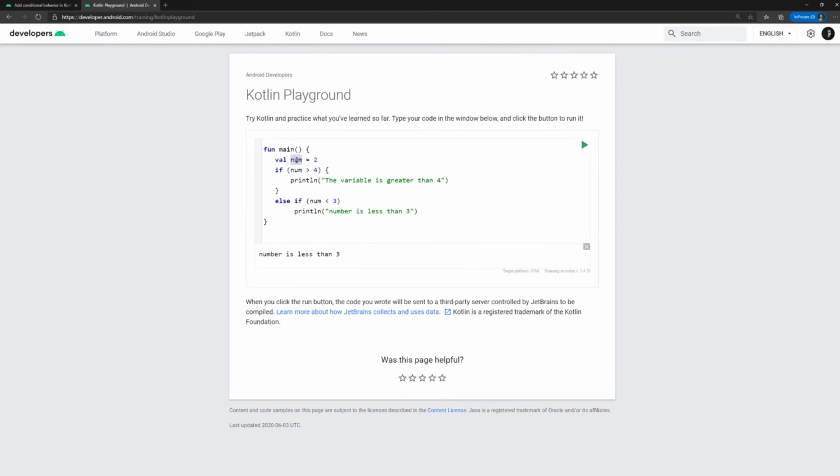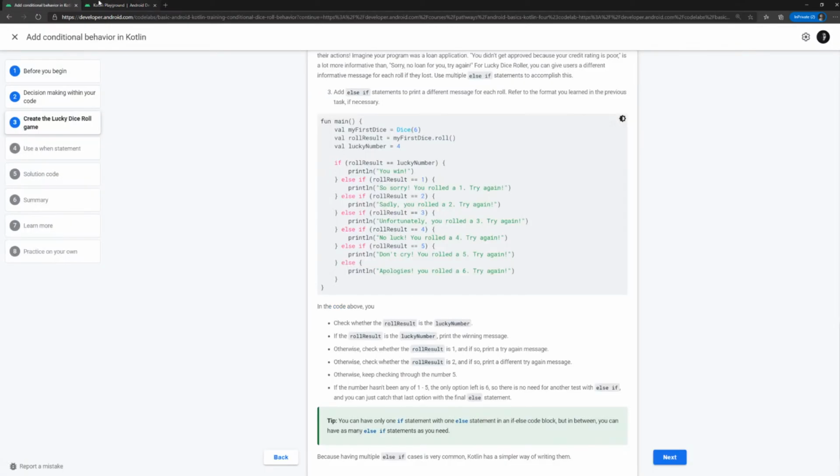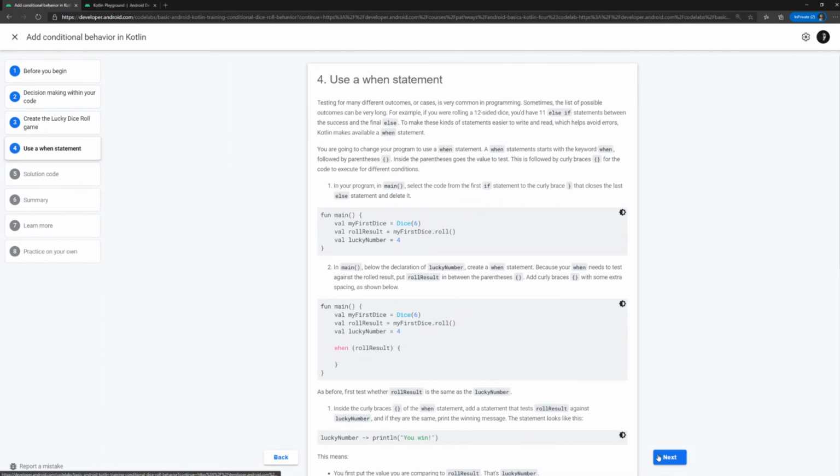So what I'm going to do is, number is nothing but, let us say, yeah, due to the time congestion, we are not going deep into the conditional behavior. It's already 6:40, so we'll continue with our app and try to finish it as fast as possible,